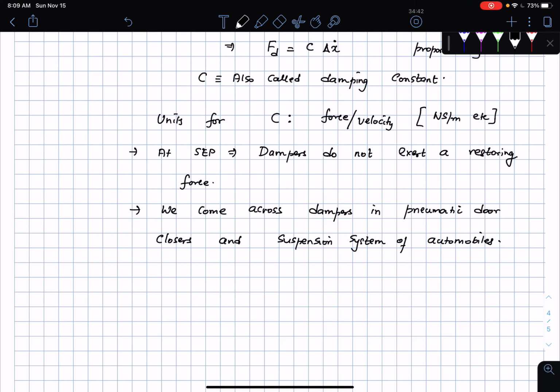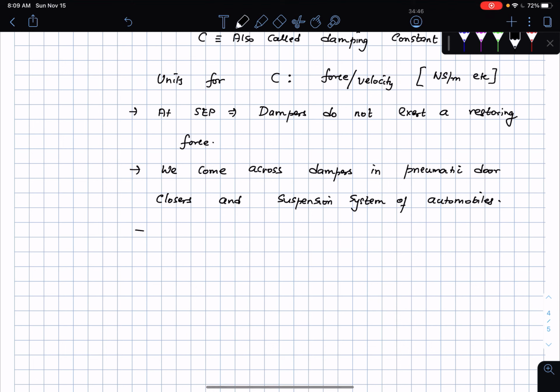Etc. Okay, and dampers do not possess any elasticity. Dampers do not possess elasticity. And in that sense, both the springs and dampers are considered idealized, because in reality,